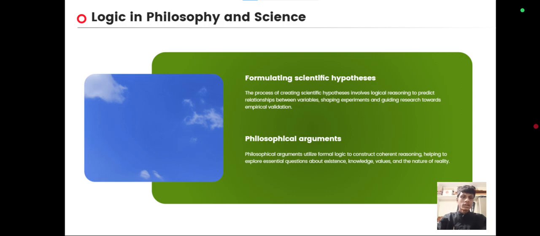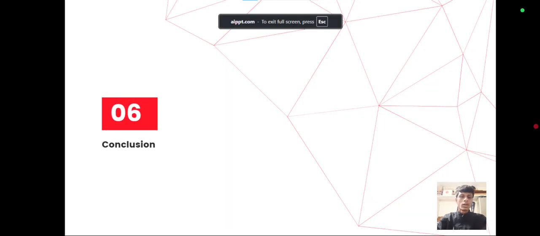Formulating scientific hypotheses and philosophical arguments. In scientific hypotheses, the process of creating a hypothesis involves logical reasoning to predict relationships between variables, shaping experiments and guiding research towards empirical validation. Philosophical arguments utilize formal logic to construct coherent reasoning, helping to explore essential questions about existence, knowledge, values, and the nature of reality. Coming to the conclusion part,